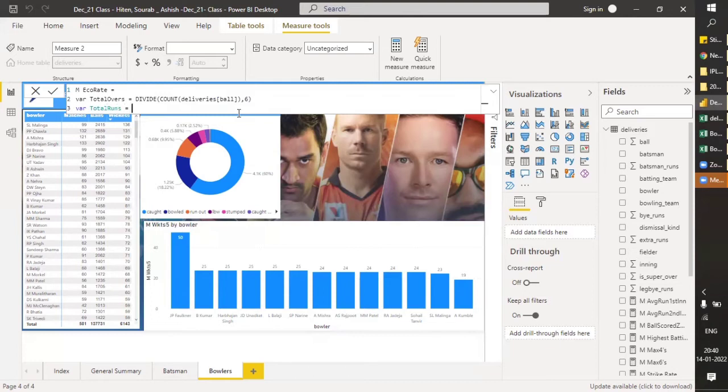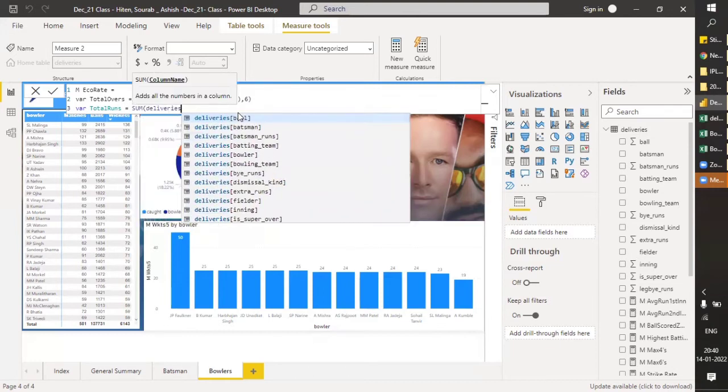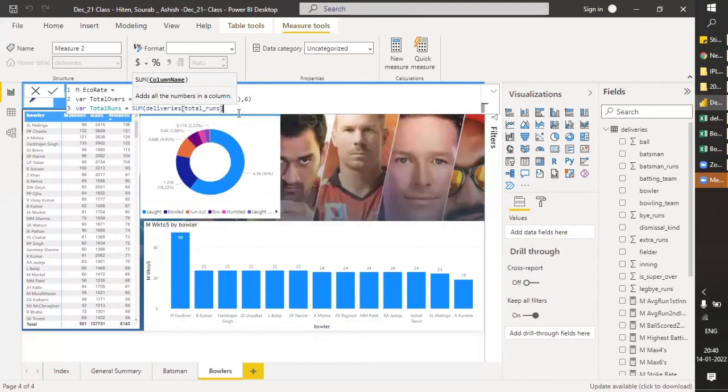Total runs will be the sum of the total runs column in deliveries. According to the ICC rules, runs such as leg byes and byes are excluded from the bowler's account.